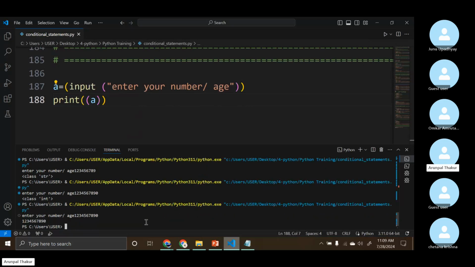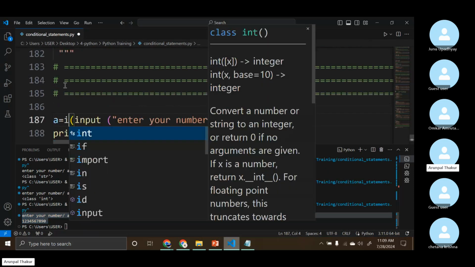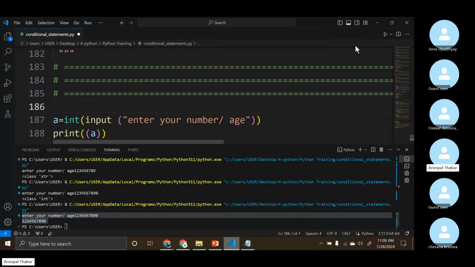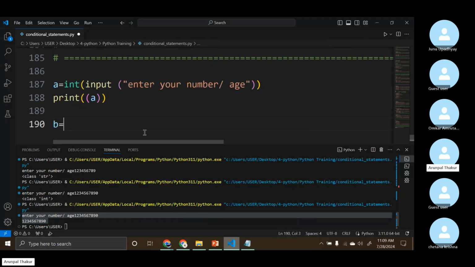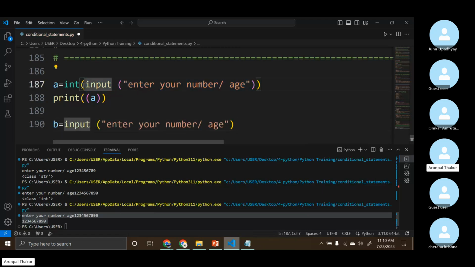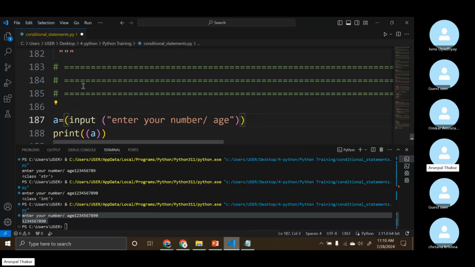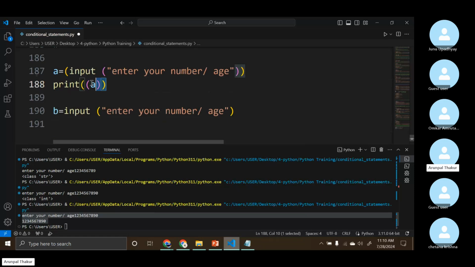Same thing was there. It was in the string format, looking like a number itself, but it is a string. When I say int, then it will be a number. So for telling you, b equal to input, enter a number. Here also let it be a number itself. Okay. So 2 times I'll take the input,